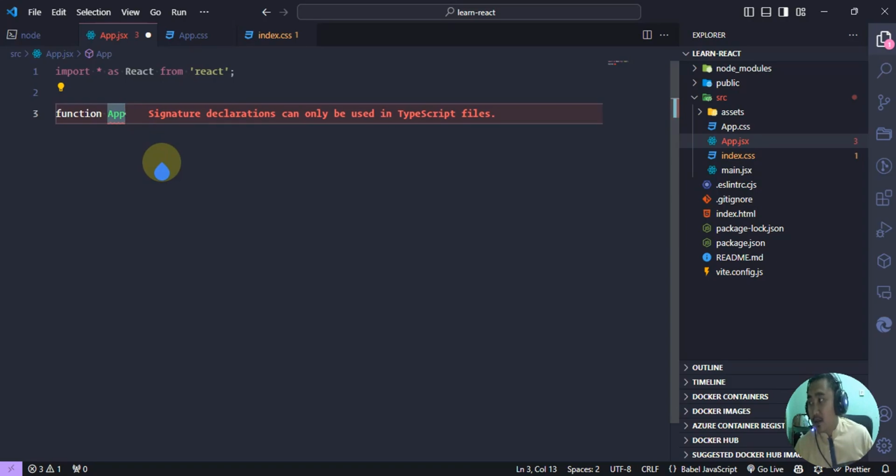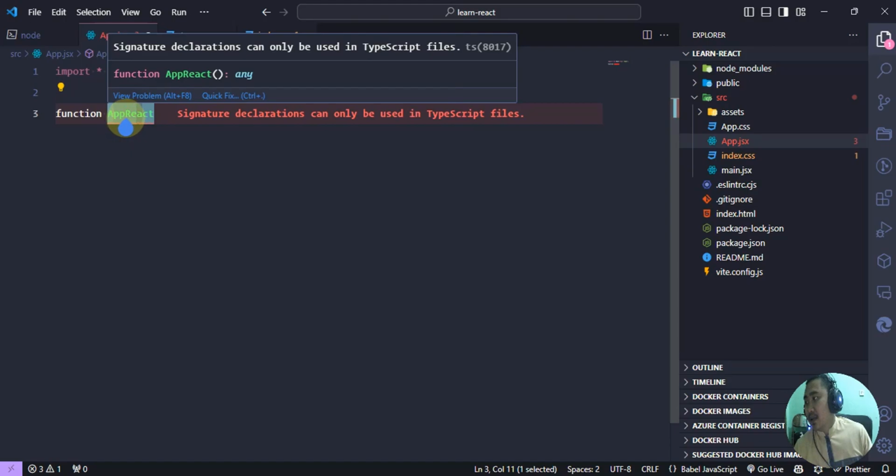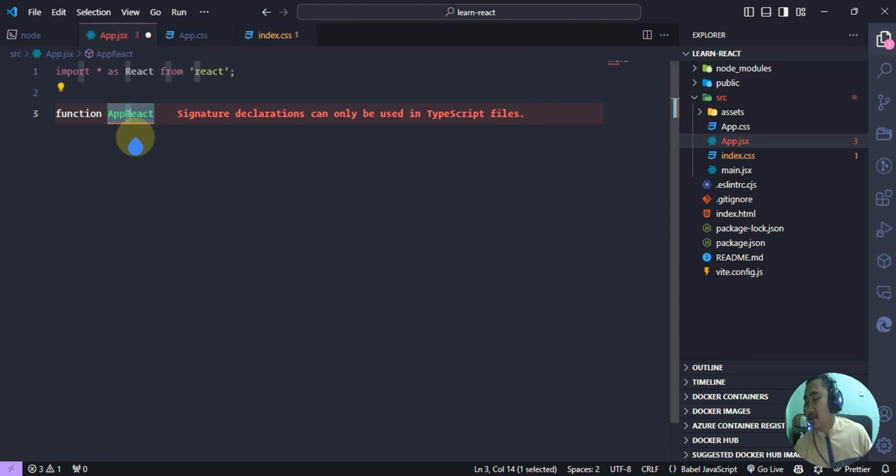Okay, so in best practice we should name our component in camel case. For example, camel case is like this: AppReact. So we have this first capital letter, this is the most important, and secondly we can make the second word's first letter a capital too.